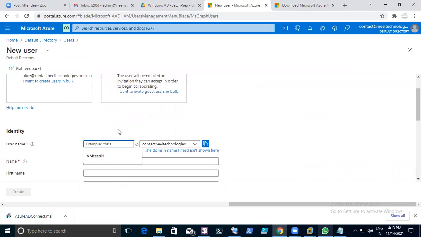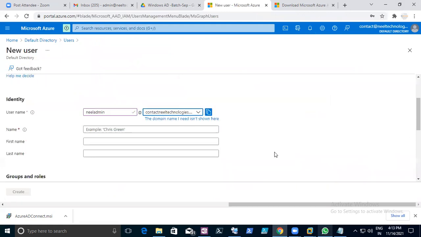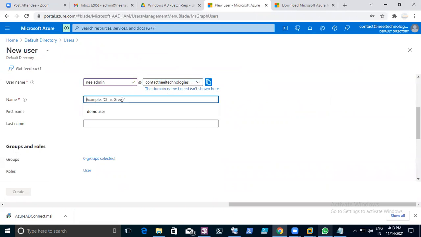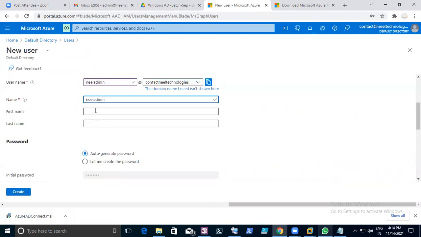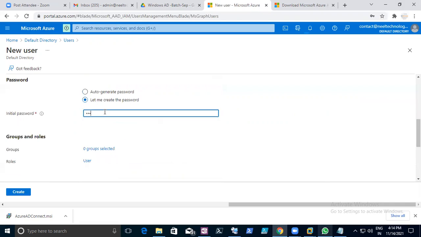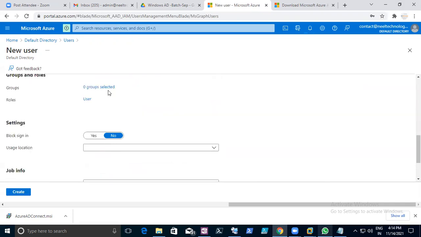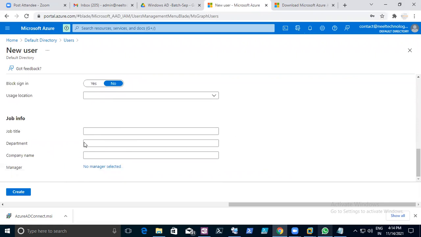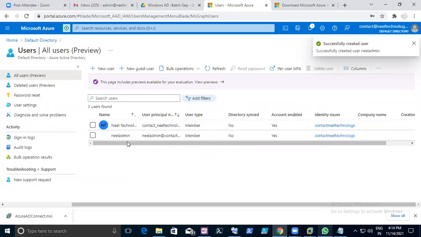For the username, you should give Neil admin. First name Neil, last name H. Let me create a password. Now just create it. Okay, you created Neil admin. So this Neil admin user, you need to make a global administrator